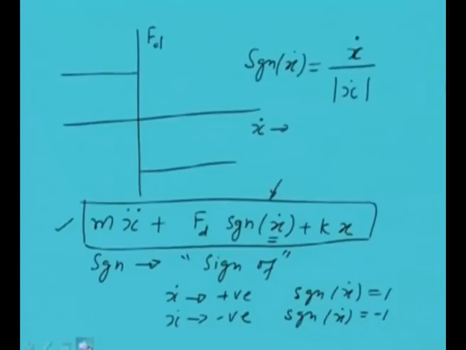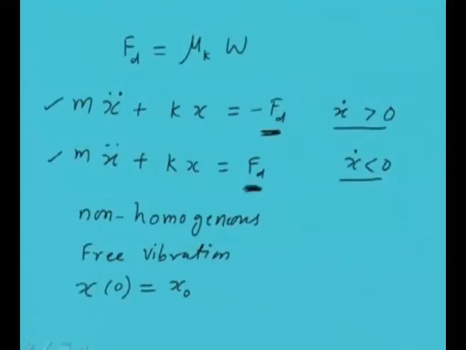Then only the motion will start in this mass. So that is the condition: we must give sufficient initial disturbance so that the restoring force is more than the static friction force, so that the oscillation of the mass begins. And now we will see that once we give the positive displacement and leave the mass at that point, obviously it will try to move toward the left side. That means the velocity will be less than 0, that is, in the negative direction.